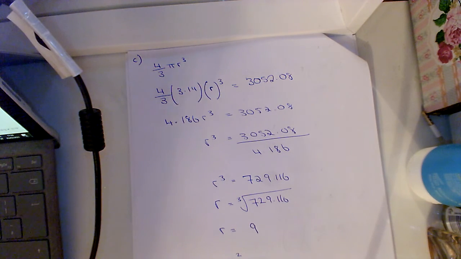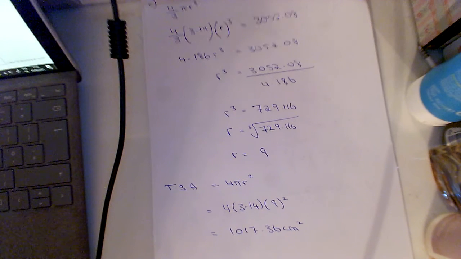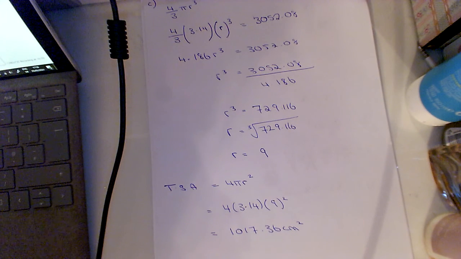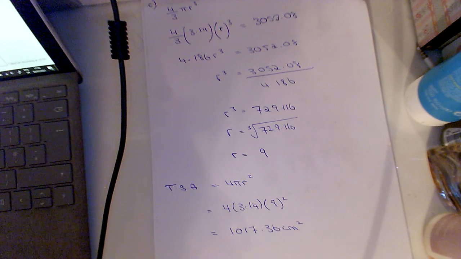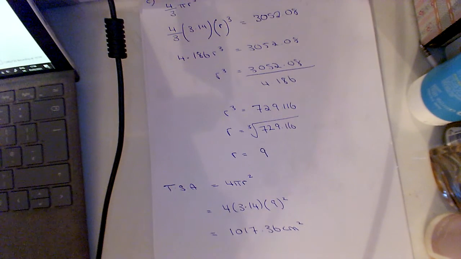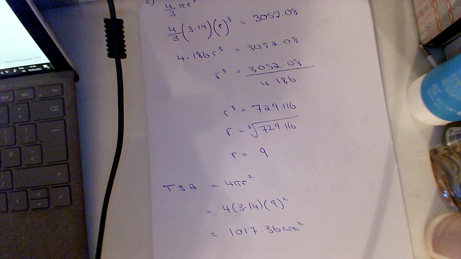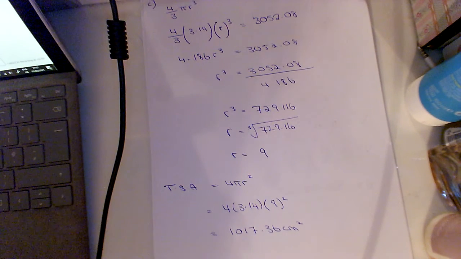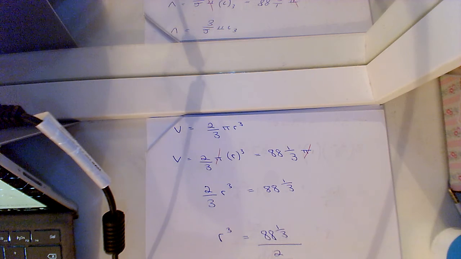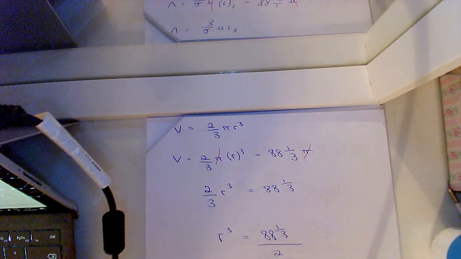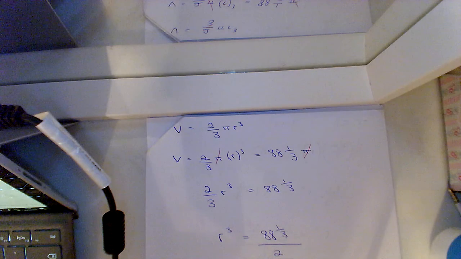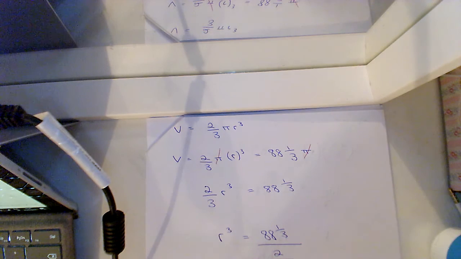So I have 4 bracket 3.14 bracket 9 to be squared, and I get 1017.36. Okay, finally on to hemispheres. So my volume for a hemisphere is 2 over 3 pi r cubed. So I have volume is equal to 2 over 3 pi r cubed, and that's equal to 88 and 1/3